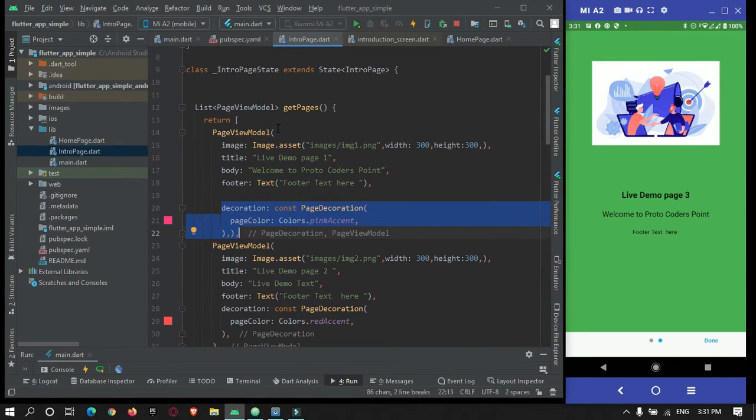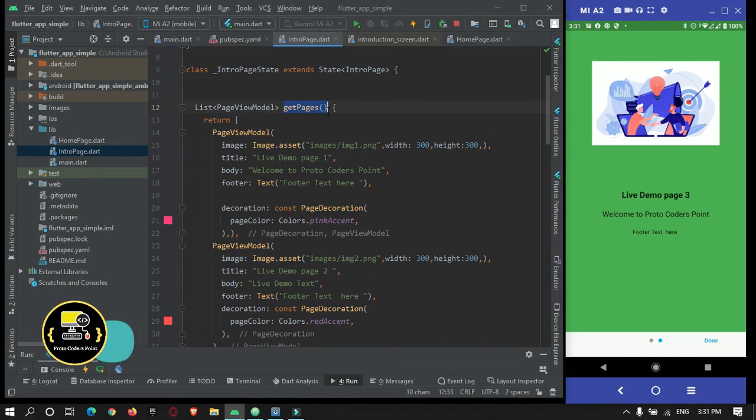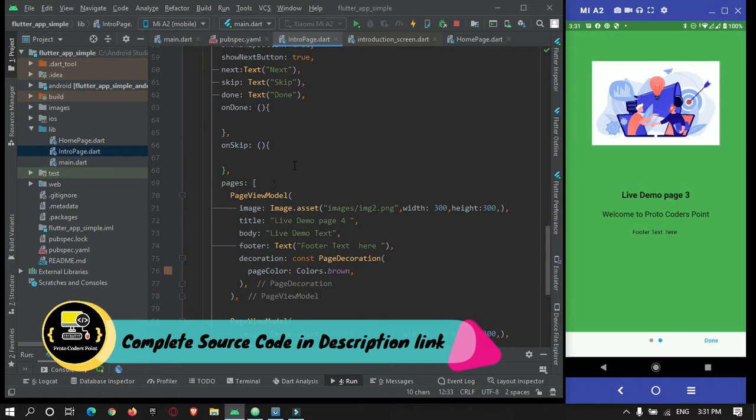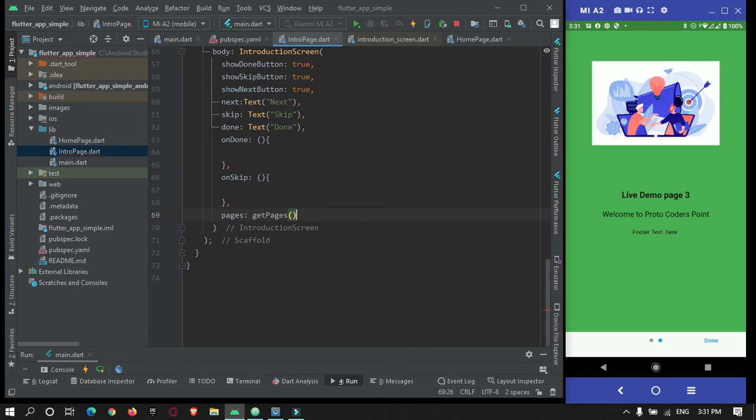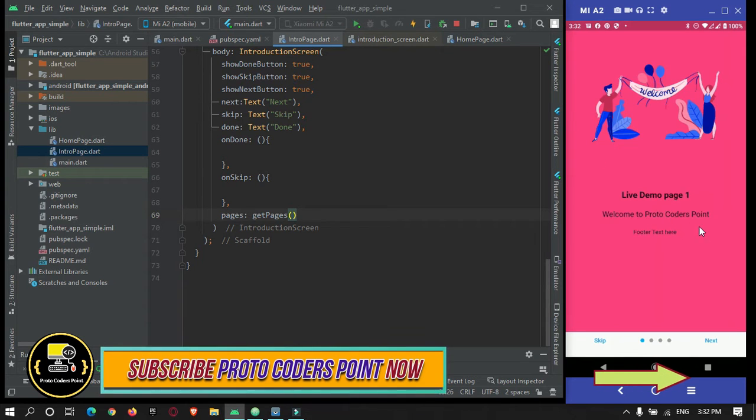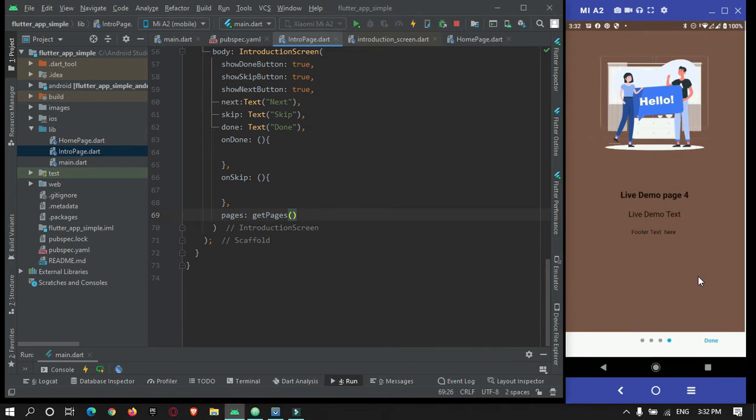Now I will call this in our pages property. I will remove this one and call the method. Now if I run the app, you can see page 1, page 2, page 3, page 4, and there is a done button over here.